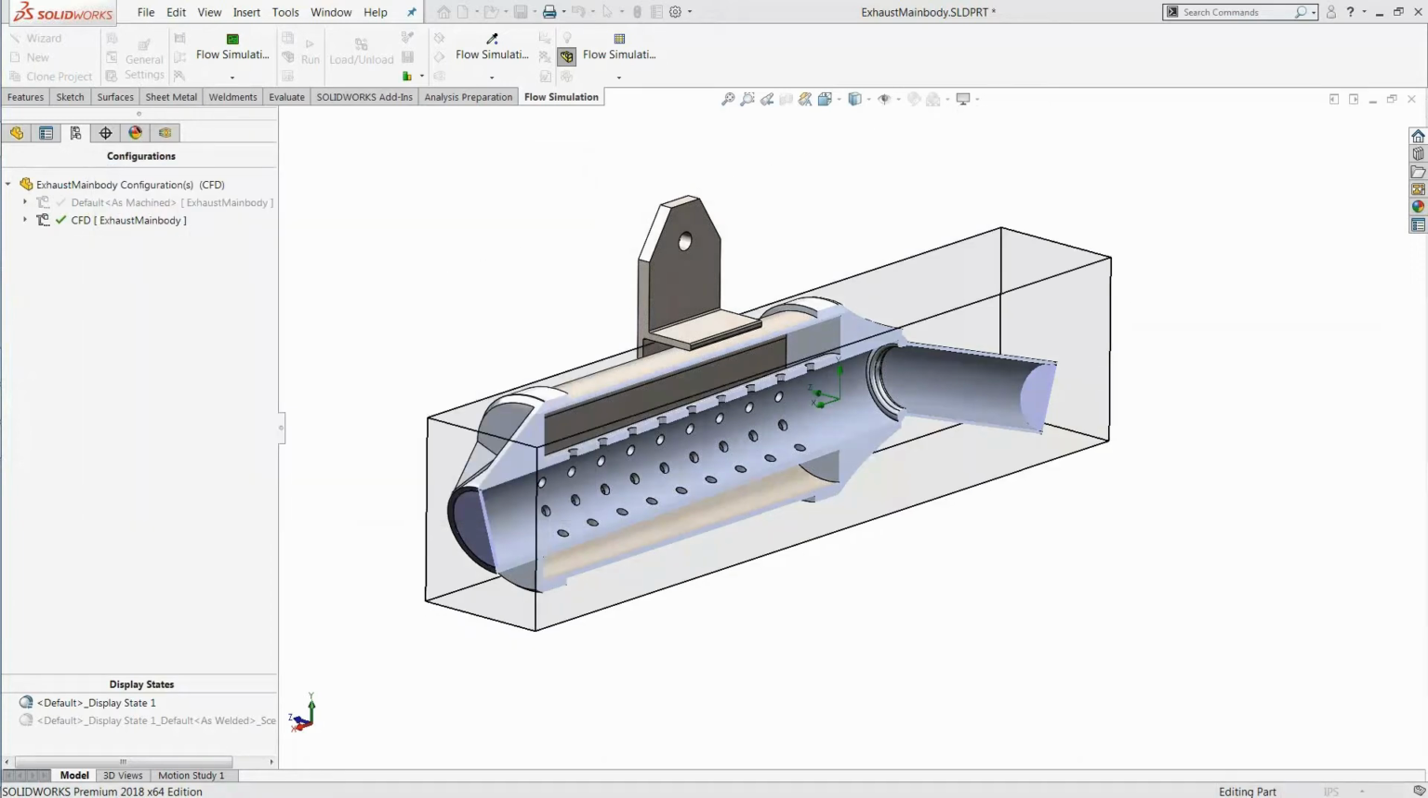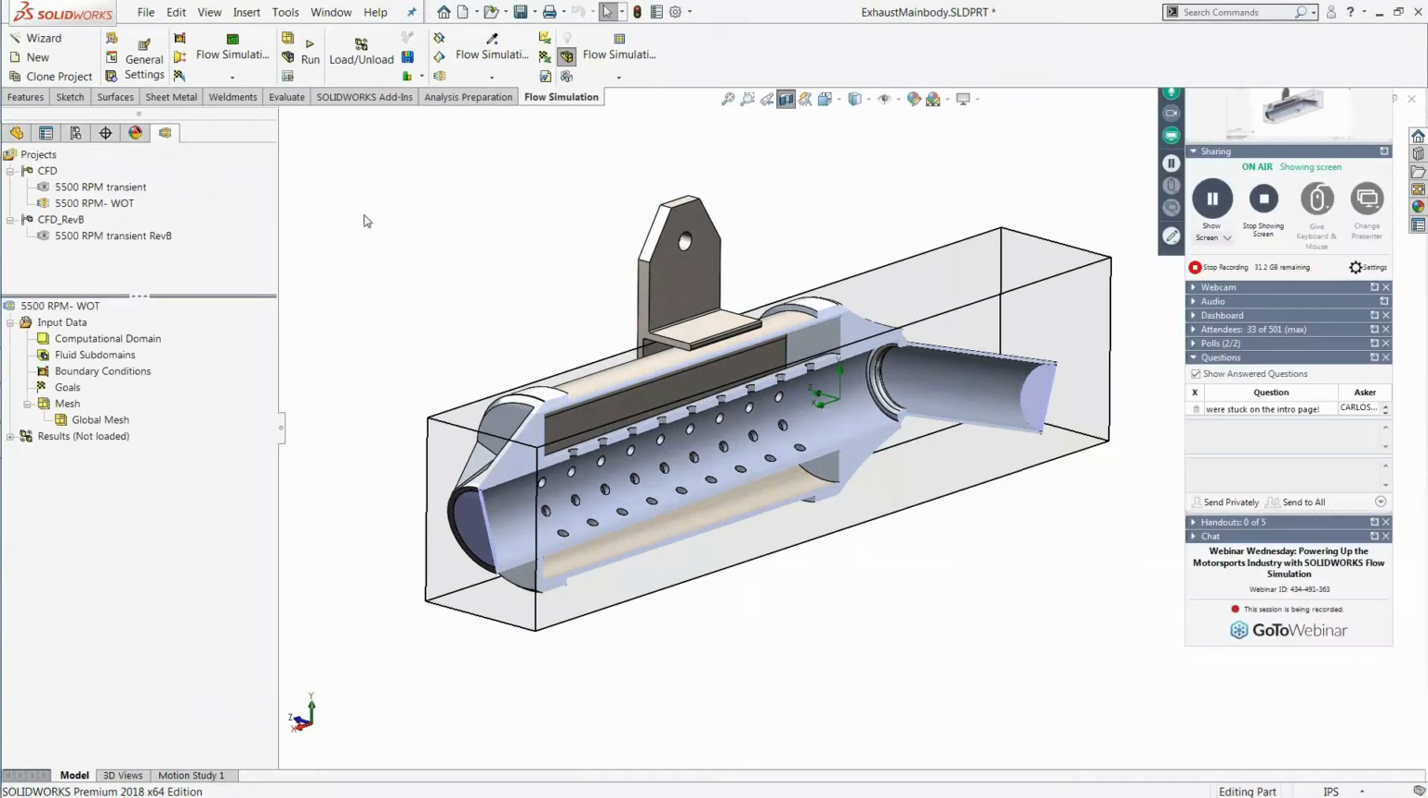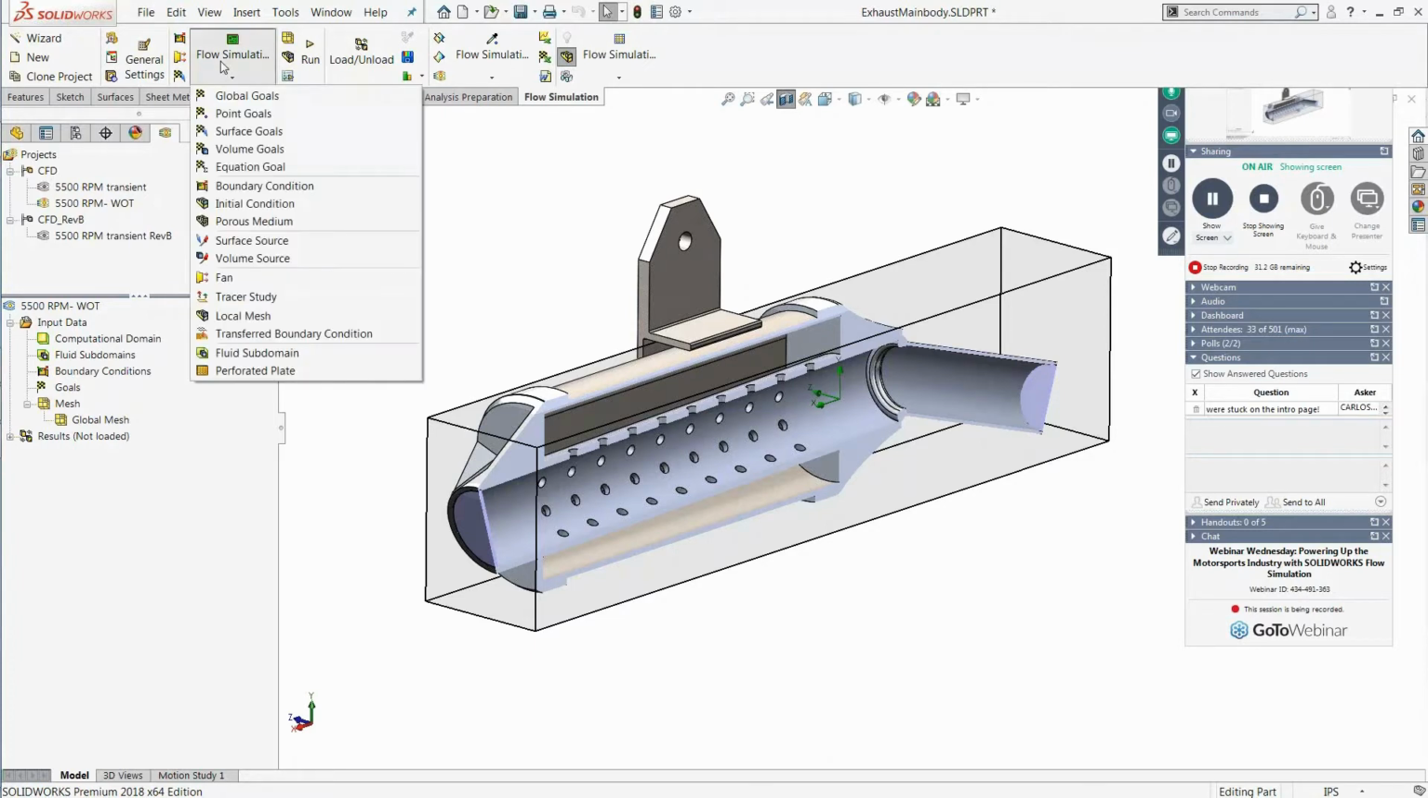So when I hit finish, I get my project that's been created for me here. And now at this point I can put in the other boundary conditions, like the flow rates that I need, as well as any other goals or other measurements that are important to me, and then I can run the simulation. So for example, if I know how much air is coming from the engine because of the displacement of the engine and the RPM that it's running at, I can create a boundary condition